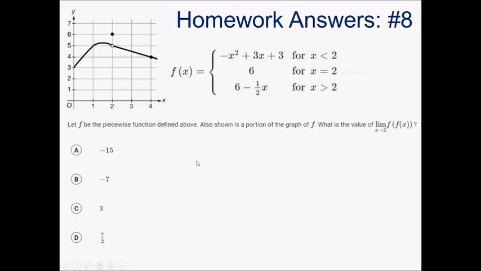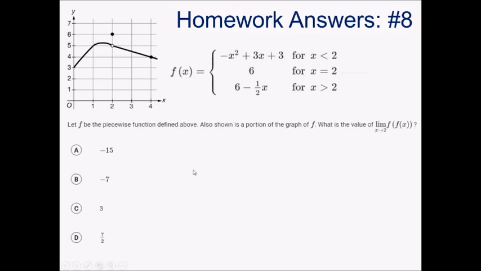For this problem, we have a function f defined by a piecewise function. We have both the algebraic version of this right here and also a graph of f. So we want to know the value of the limit as x approaches 2 of f of f of x. A lot of fs in there. This is the limit of a composition of functions. So just like evaluating a normal composition of functions, we have to start with the inside and work our way out. So we're going to start by considering the limit as x approaches 2 of this inner f of x